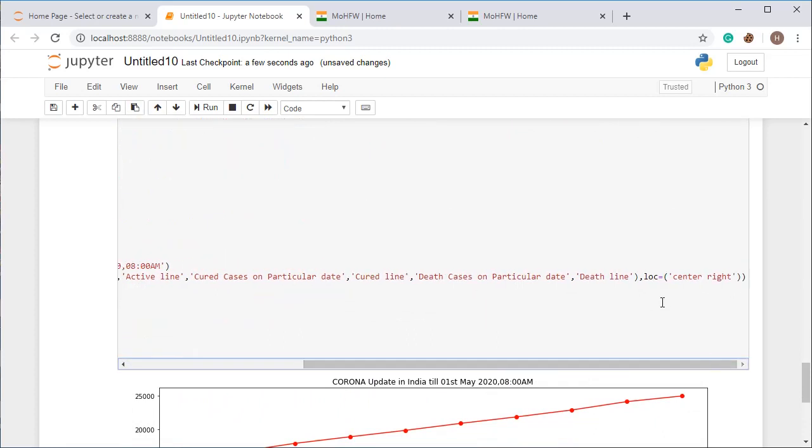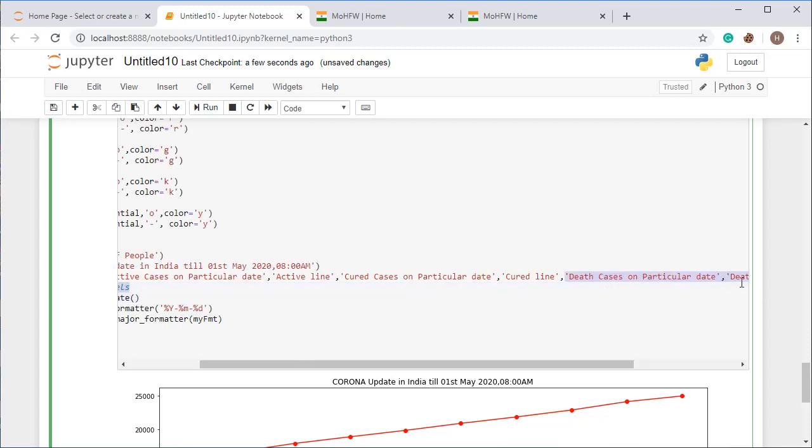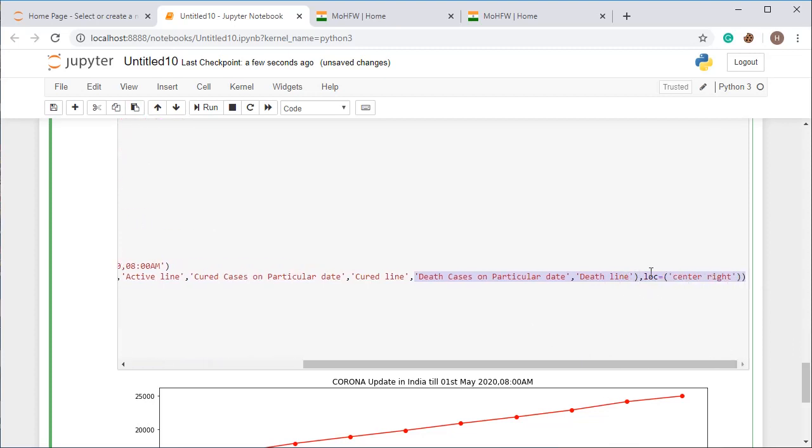So just put two more things. That one is for differential. So just use the label from here, copy paste and just change the death to differential. All right. So just write here, difference in cases compared to previous day.